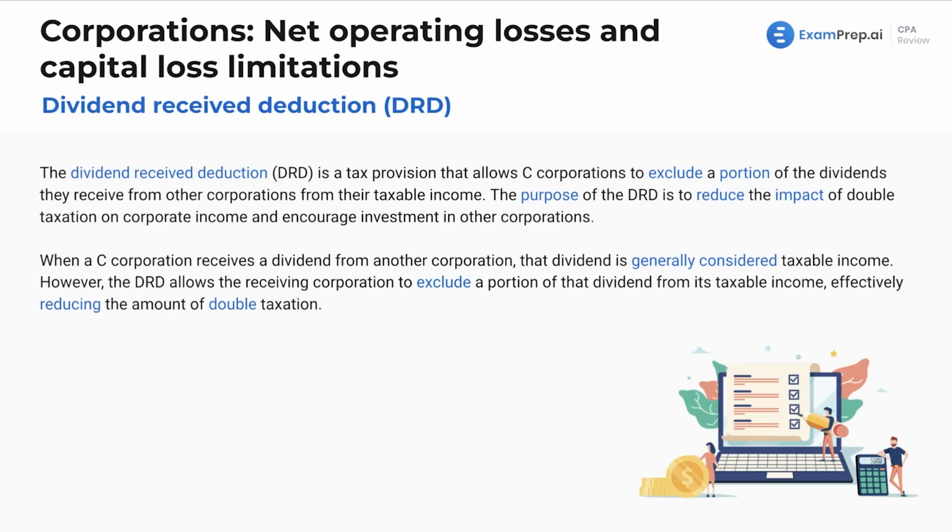The DRD, dividends received deduction. Now, this essentially exists to prevent triple taxation. You thought double taxation was bad enough. Well, we've got triple taxation, which in theory is eliminated by this. So don't worry. This is a tax provision that allows C corps to exclude a portion of the dividends they